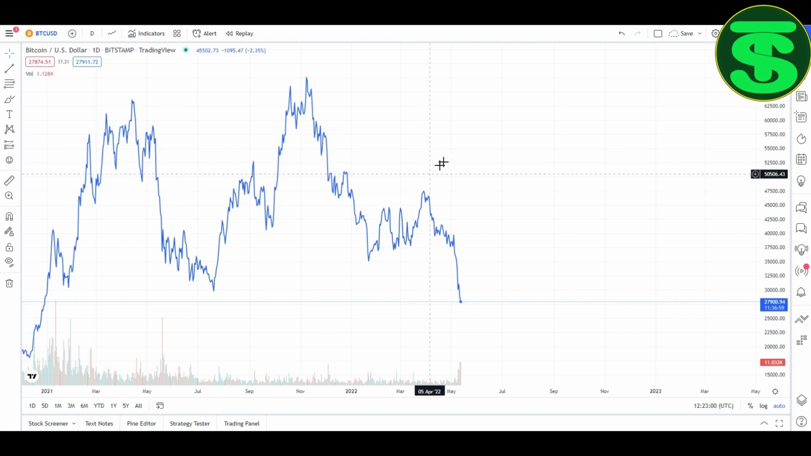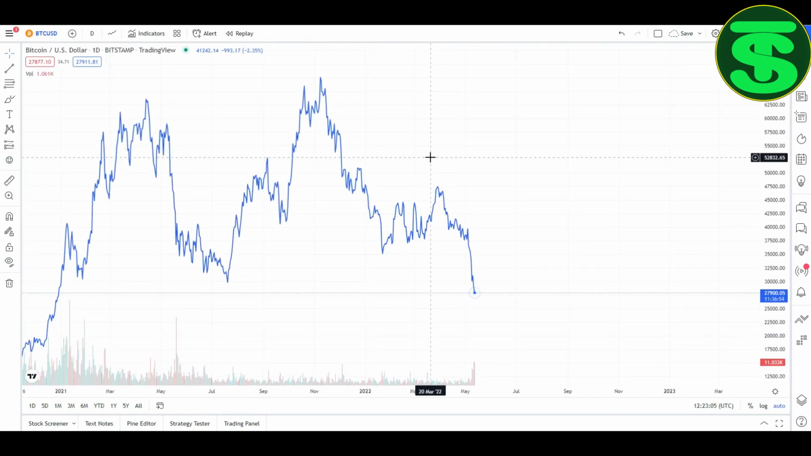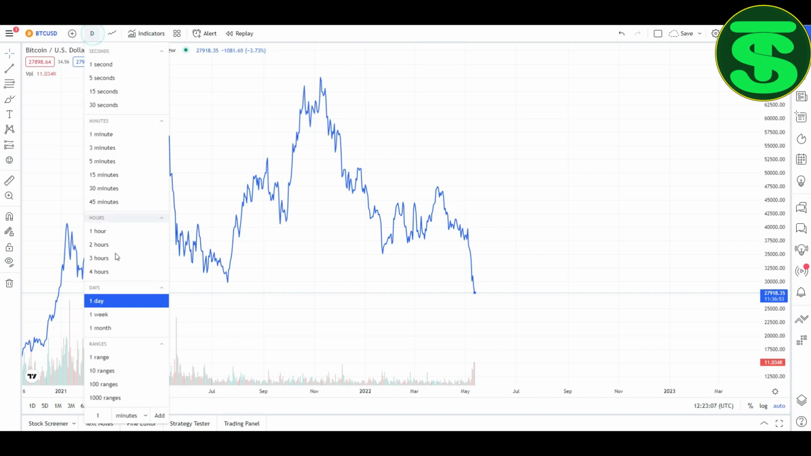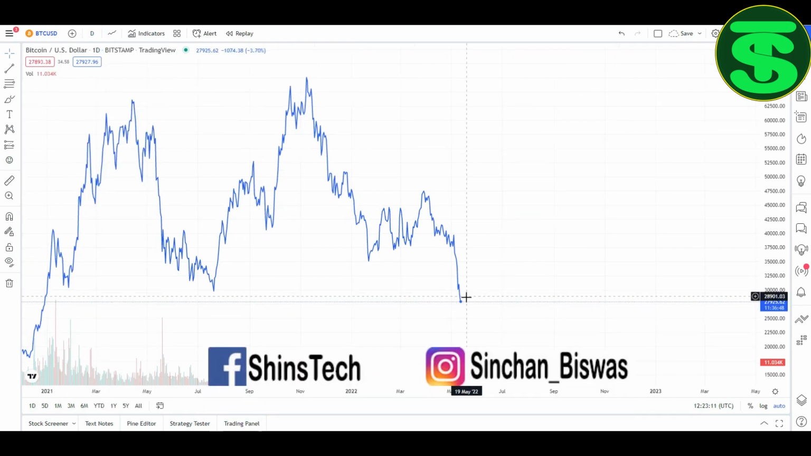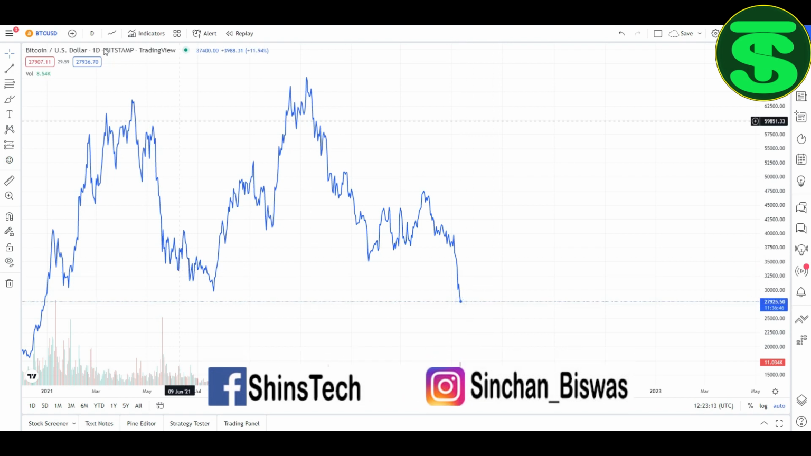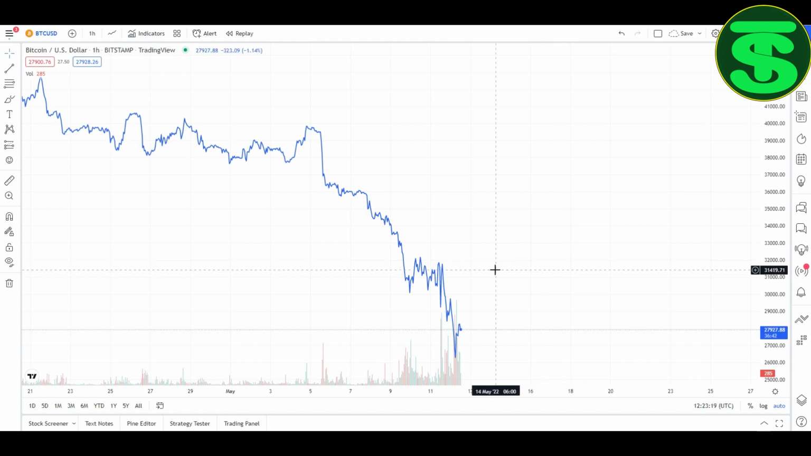Today I am back with another Bitcoin caption chart. So let's start. First of all, I am on the one day chart. On the one day chart, you can see this graph is going down. If I see the one hour chart, you can see